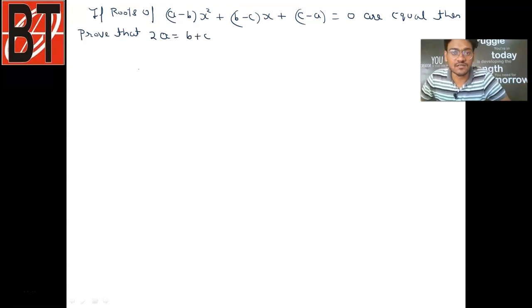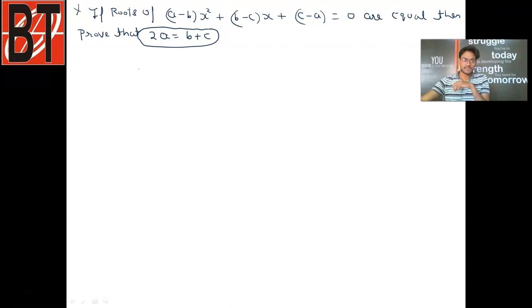Students, this question you may expect in the standard paper only. Okay, it's a good question, a good calculation will be there. So yes, you can expect this kind of question in your standard paper only. Okay, so let's solve, students, an important question. It may be asked for 4 marks. Okay, so let's solve this. Students, you may check here we have to apply the same condition for equal roots, that is discriminant is equal to 0. Okay, so let's just simplify this.